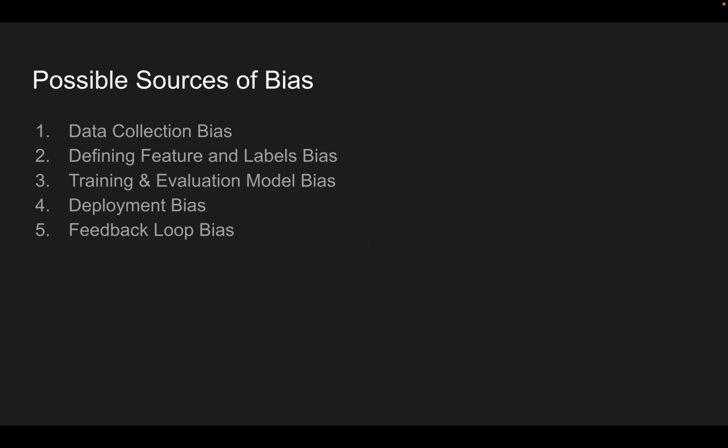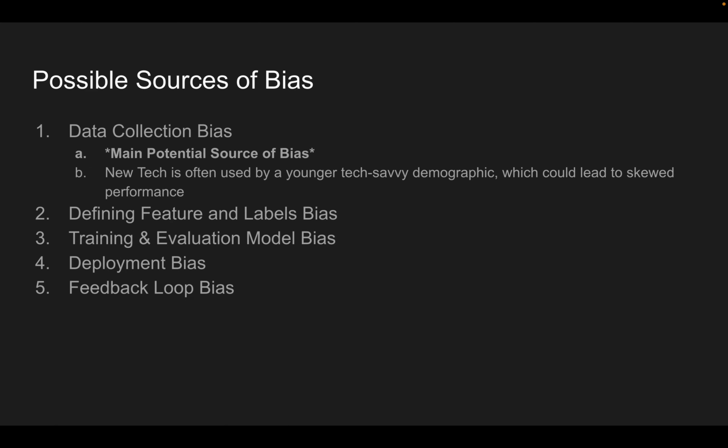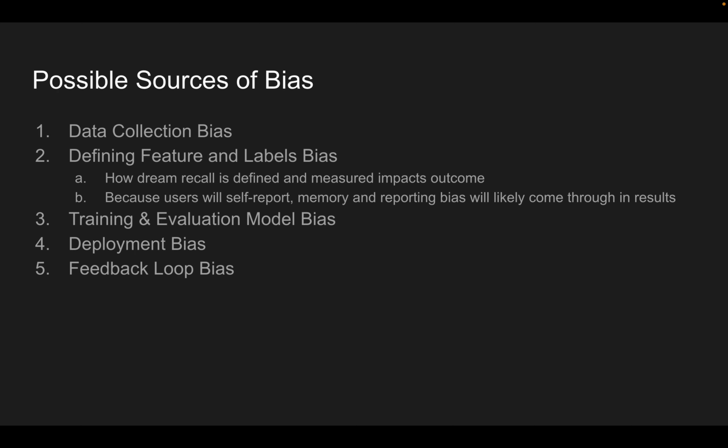Possible sources of bias here, there are 5 in the model pipeline, and data collection bias, I think, is the main potential source of bias. New tech is often picked up by younger, tech-savvy demographics, so this could skew performance, and you have to be careful about how the foundational model is trained on the data collected from the user base. But you can also introduce bias through feature definition and labeling. How dream recall is defined and measured impacts the outcome here, and then the way the model ultimately learns over